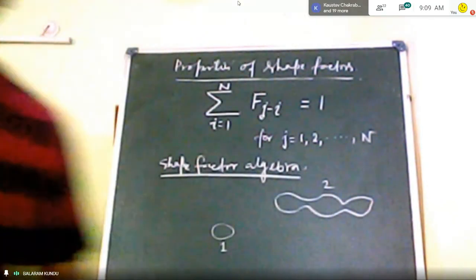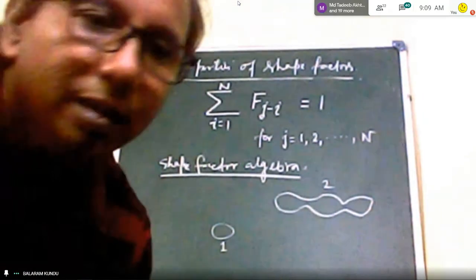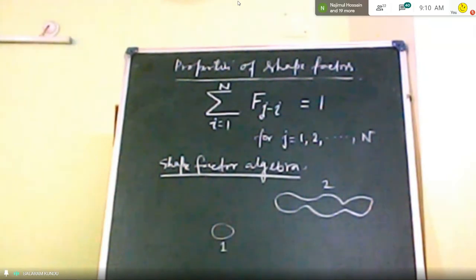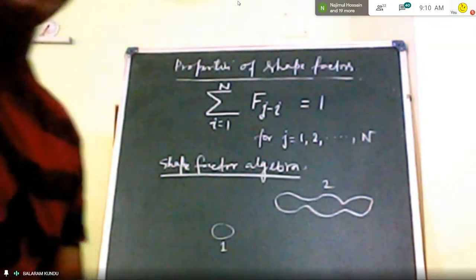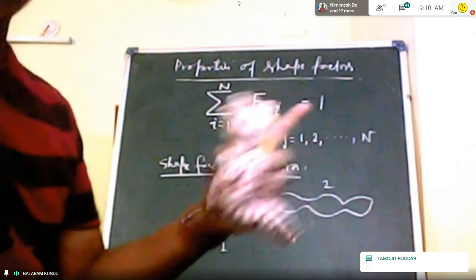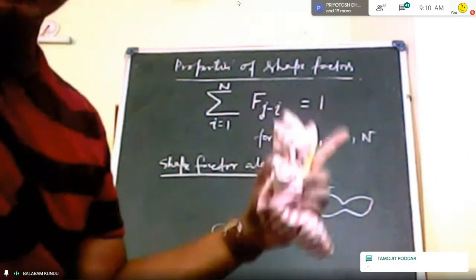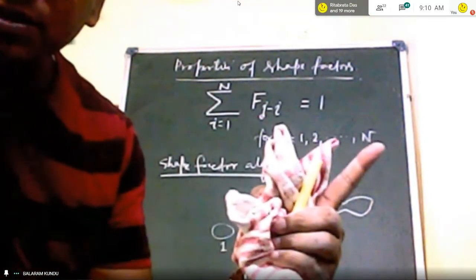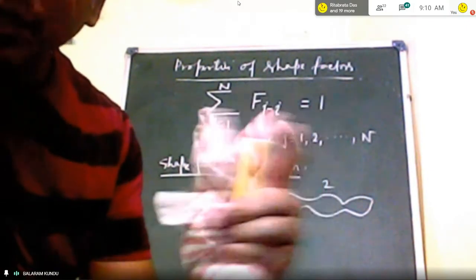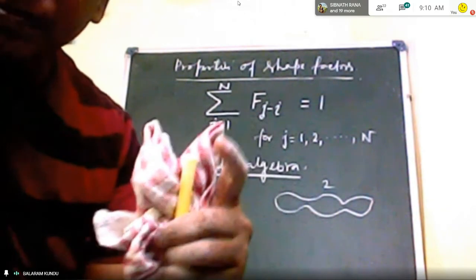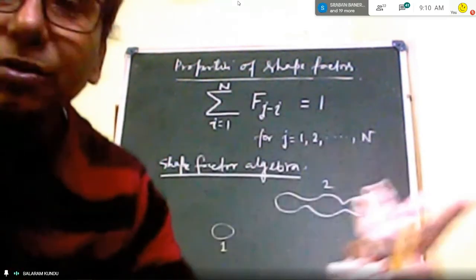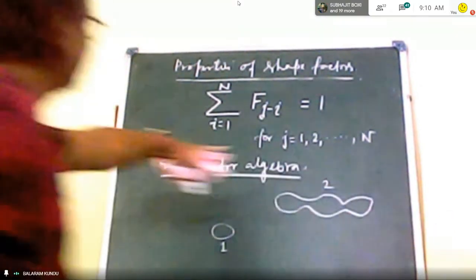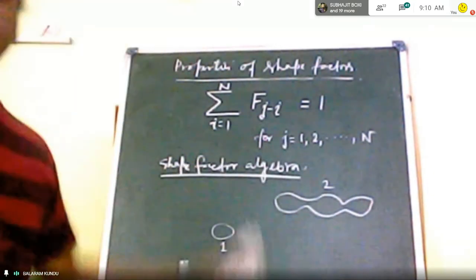Sir, in the previous equation you wrote, the summation i equals 1 to n. Definitely i equals 1 to n, and just to consider j surface for that. So sir, j surface we consider, and probably the expression was del Q j to i divided by Qj. Qj is there. So it is okay.